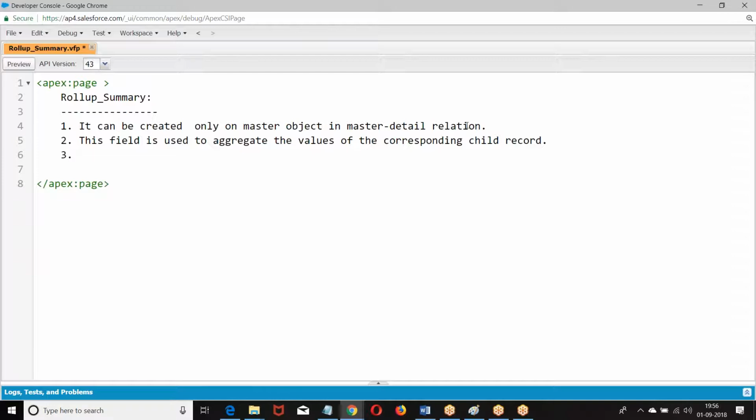This field is used to aggregate the values of the corresponding child records.